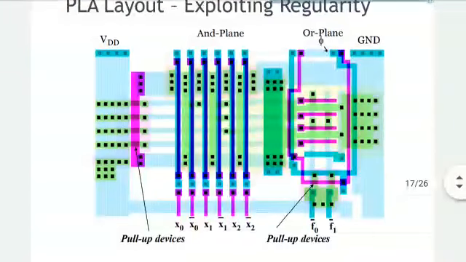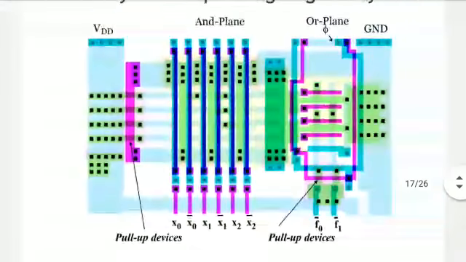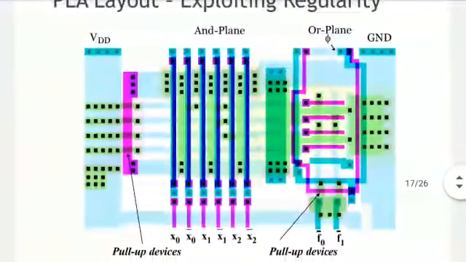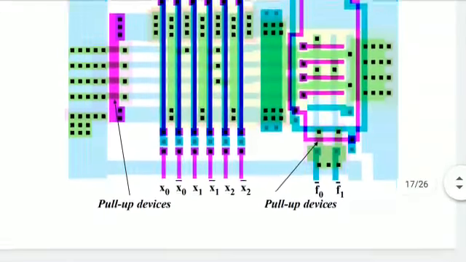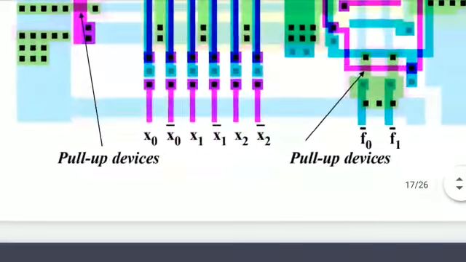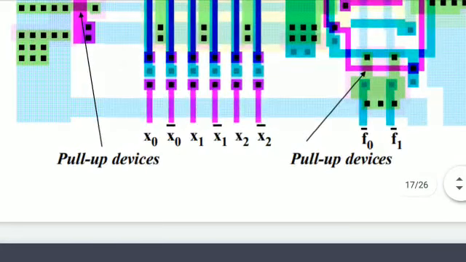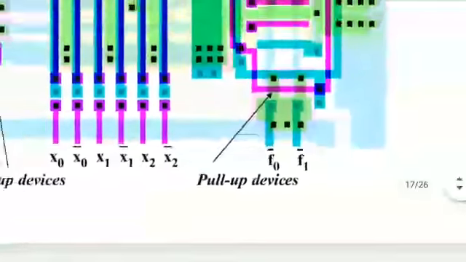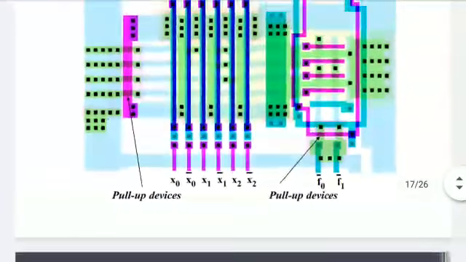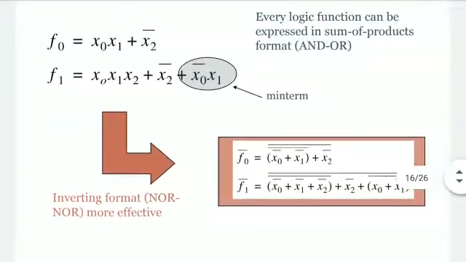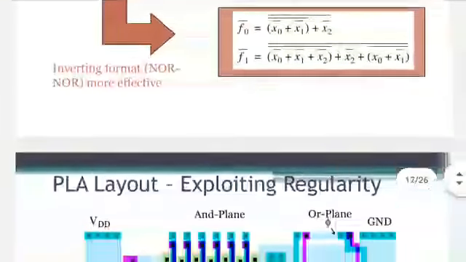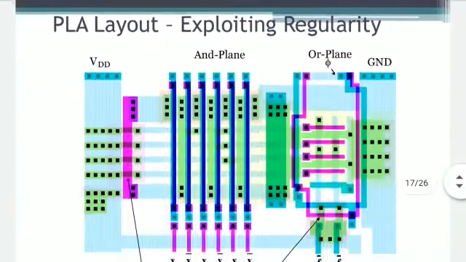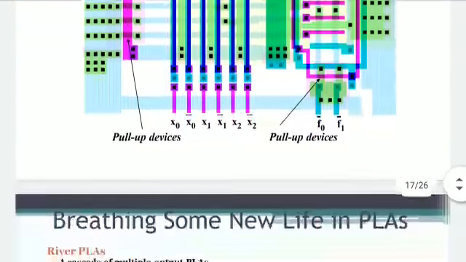You can see there is a power supply VDD, we have the AND plane, then we have an OR plane, then we do require ground to complete the circuit. x0, x1, x2 are the variables, and we are getting f0 and f1 as the outputs. So this is how it looks as the final layout once we implement this Boolean function with the PLA.